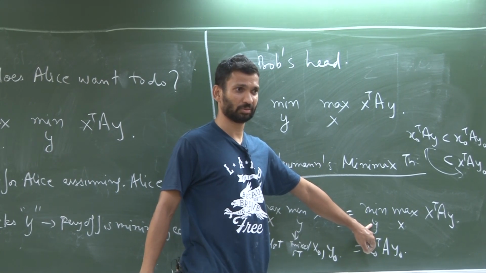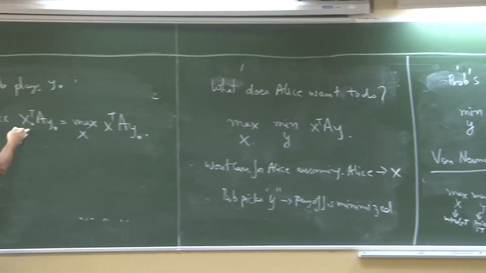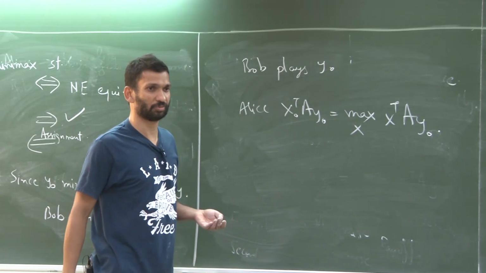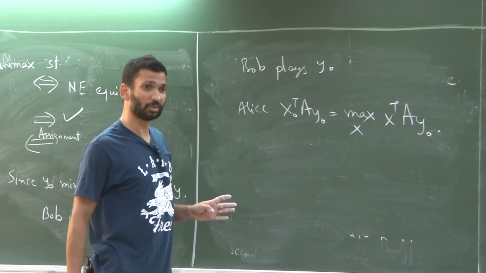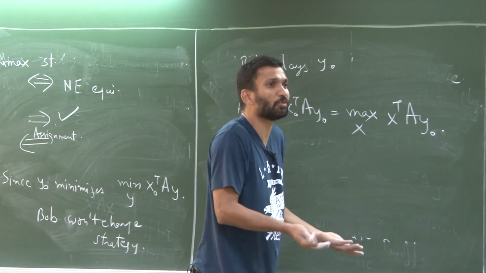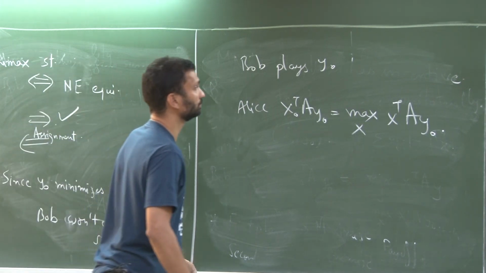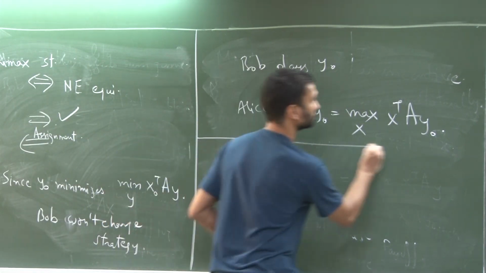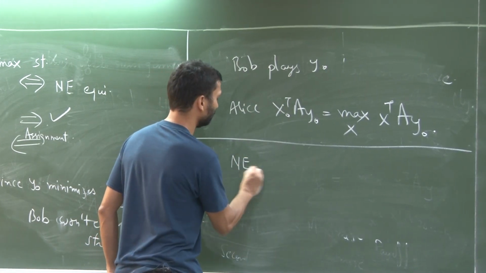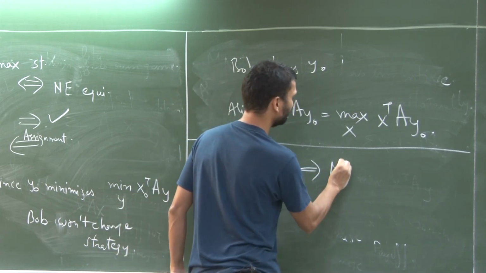Okay. So that means, why would Alice change x naught to something else? She's already at the maximum payoff. Okay? No, but I will only change if I get a better payoff. Equal payoff, there is no point to change. Okay, good. So, the existence is equivalent to now showing